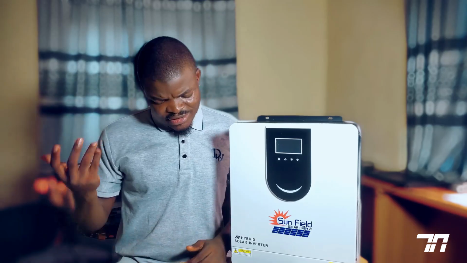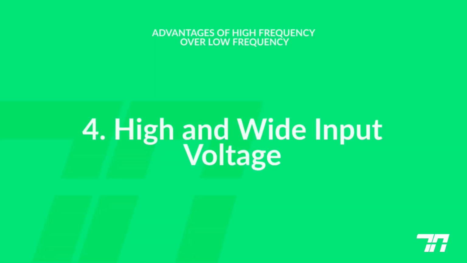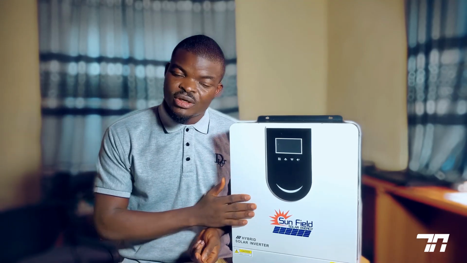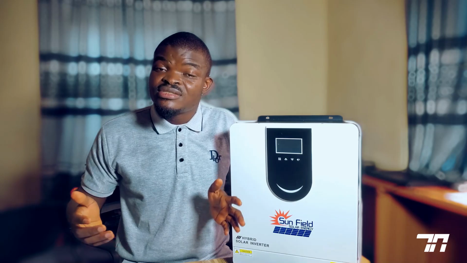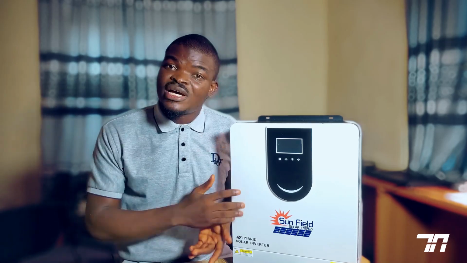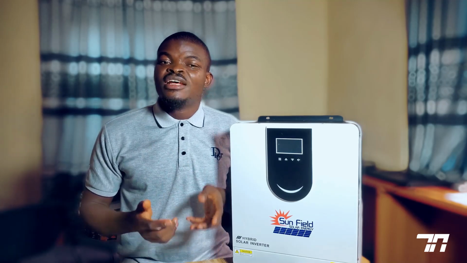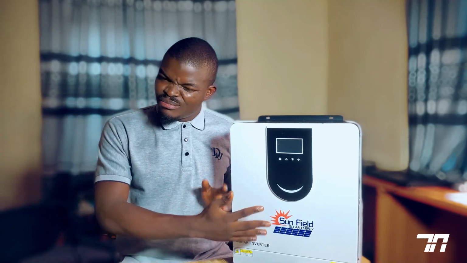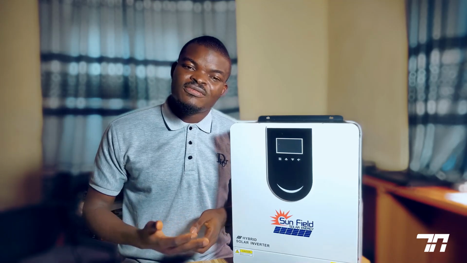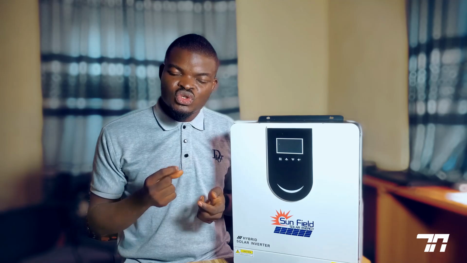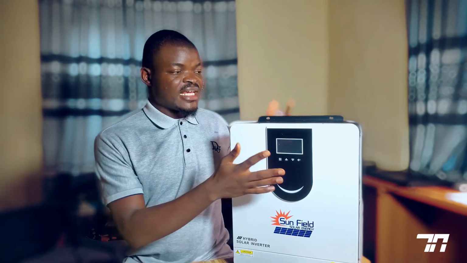So another advantage is high and wide PV input range, which is this inverter has the capacity of taking wide input voltage range from solar panel from as low as 90 volts to as high as 450 volts. Now, what does that mean? That gives you the advantage of using like a low gauge of cable to draw each string. Let's assume I want to use 2